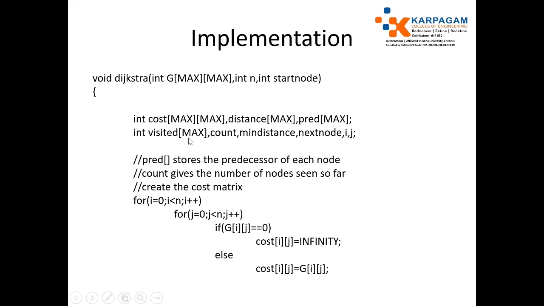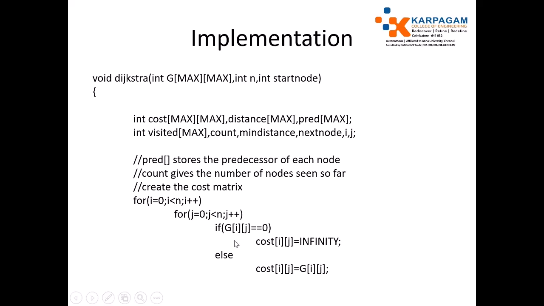And the visited array is initially set as false. Then count the number of vertices visited. Minimum distance is used to record the minimum distance between the nodes, and the next node to be visited is recorded. For looping, here we use two loops to set the